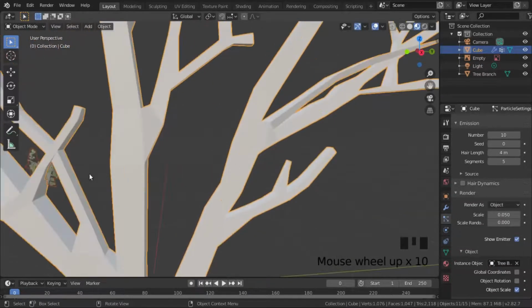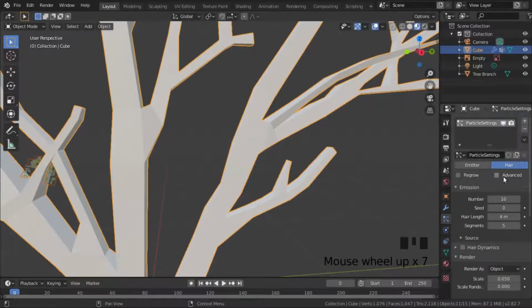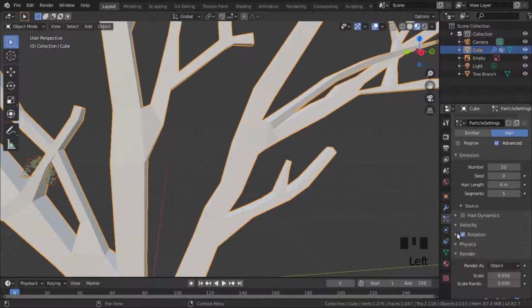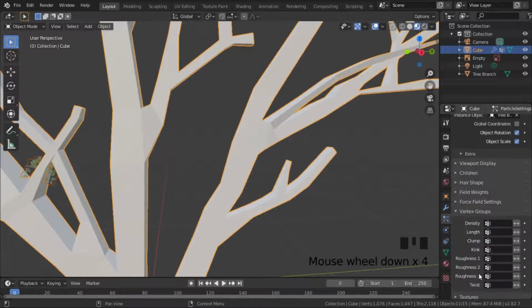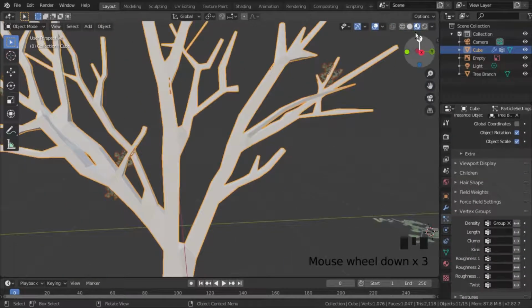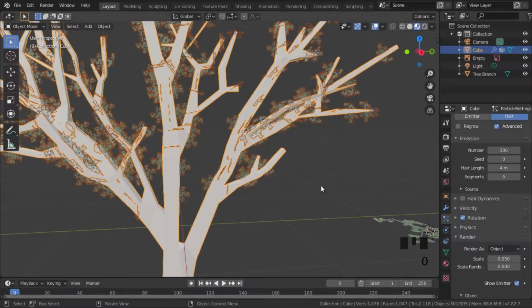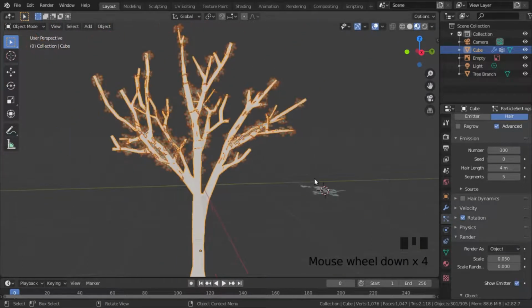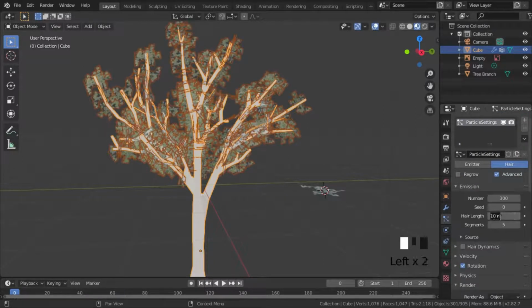Then we can see in our set something else like this. So after that we can do object rotation, and then I'm using the advanced rotation. After it, we can change the vertex group like this, and the density to the group. We can see it will be added like that, so change the 10 into 300 or 400, it's enough. Then you can change that in the texture paint, you can see like this, and change that 10 like this,